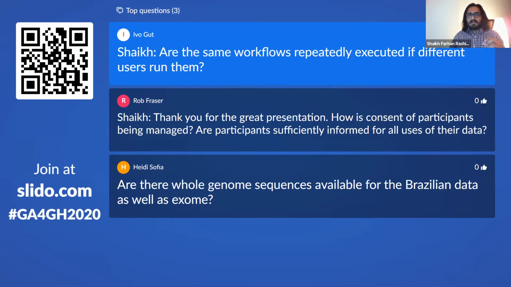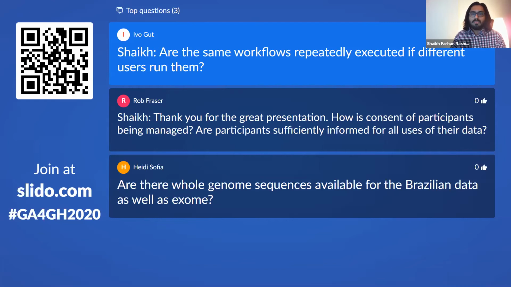But again, as with the design of CanDIG v2, we have made that decoupling of running workflows and executing workflows. We've decoupled the workflow execution from the data access requests.